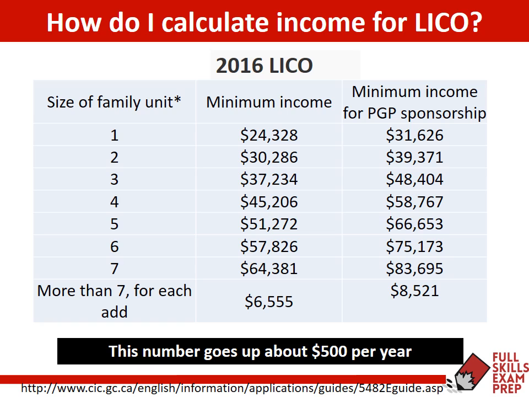You're not really likely to have a question where they would say that a person makes $48,403 and wants to sponsor his parents. That's a little bit too concise. Okay, this number goes up every year by about $500 per year, and every year you could just take a look at the link below. This is all linked for you below the video, just to make sure that you're updated on this. Or if you're watching this video in 2017.